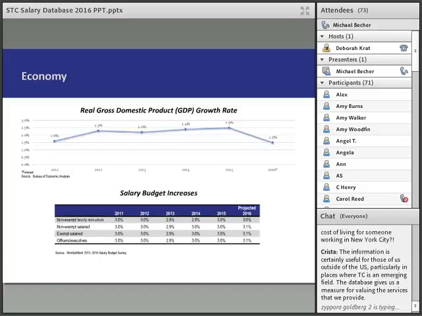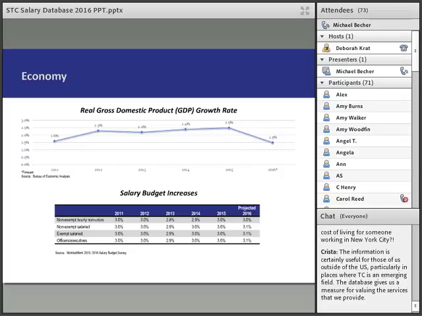So going over the economy here, what we want to do in this section is examine several economic indicators which are typically correlated with compensation and employment changes. There's not always necessarily a one-to-one correlation, and obviously different industries and different geographic locations may not always tie exactly with what we see here, but it is a good review of the things that are important that help lead to more employment, higher wages.